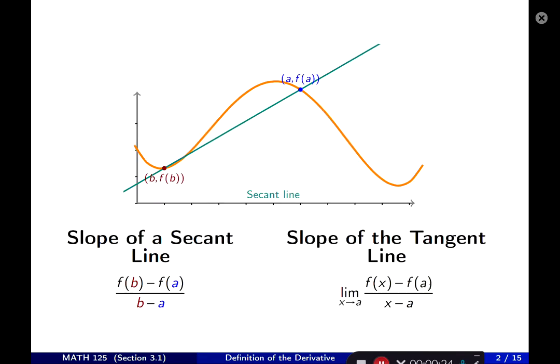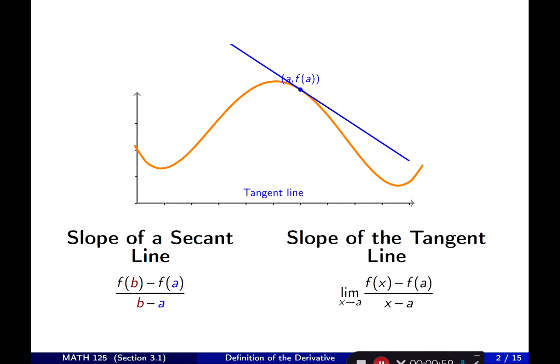So far we've talked about slope of secant line a bunch. What is slope of secant line? It's just the change in y value between 2 points on the graph, divided by the change in x value of those 2 points. Now, if you keep one point fixed and then bring the other point closer and closer to that point, infinitesimally close, then you end up with